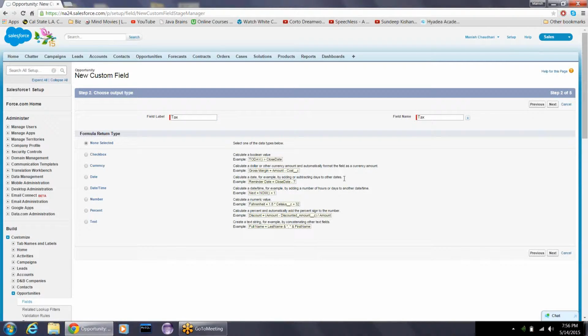Field name. Now what will it return? After calculation of the formula, what will that return? Will it return text, number, currency? Maybe a number in decimal or something. No. Tax is in percent. Currency. Oh yes, yes. Yeah, currency. Okay, so then we define an option, the return type here.